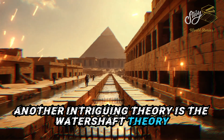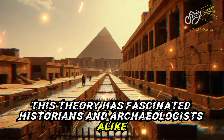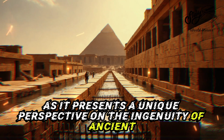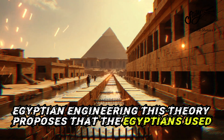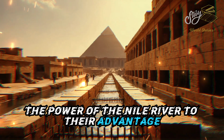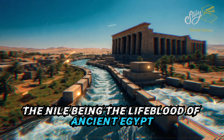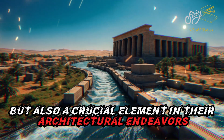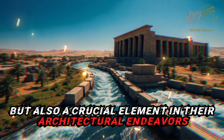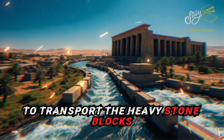Another intriguing theory is the water shaft theory. This theory has fascinated historians and archaeologists alike, as it presents a unique perspective on the ingenuity of ancient Egyptian engineering. This theory proposes that the Egyptians used the power of the Nile River to their advantage. The Nile, being the lifeblood of ancient Egypt, was not only a source of sustenance, but also a crucial element in their architectural endeavors. They would have dug canals and channels to transport the heavy stone blocks closer to the